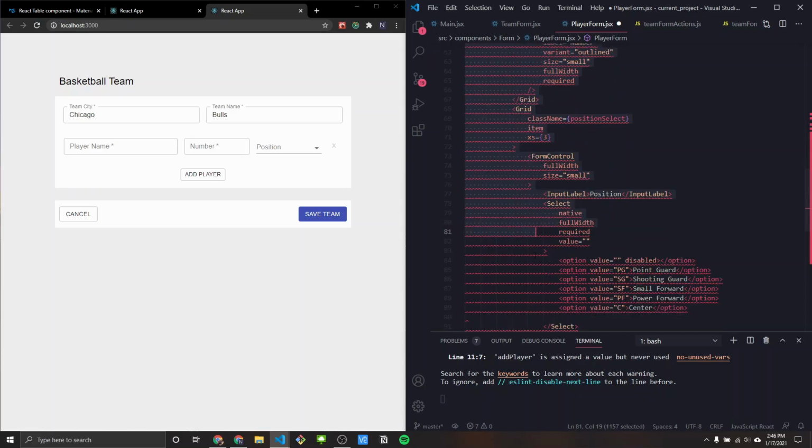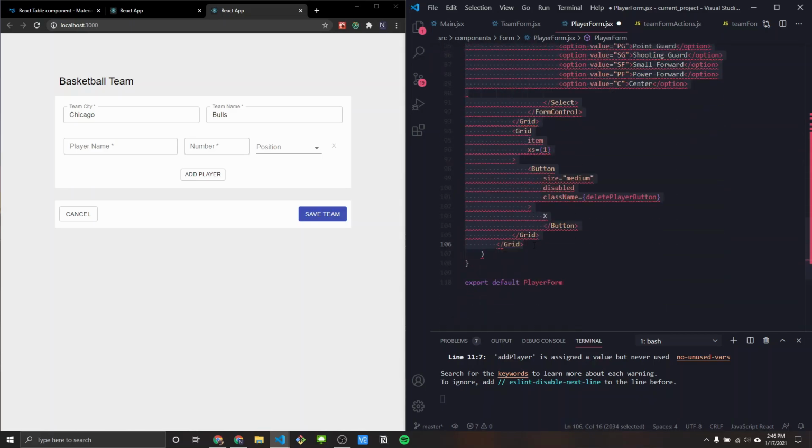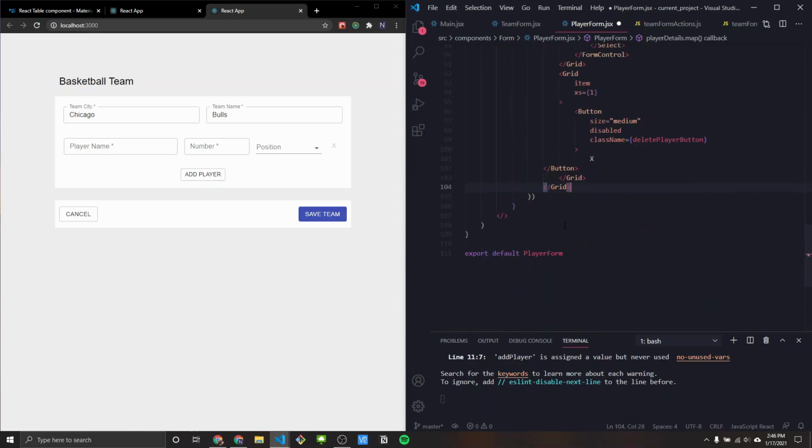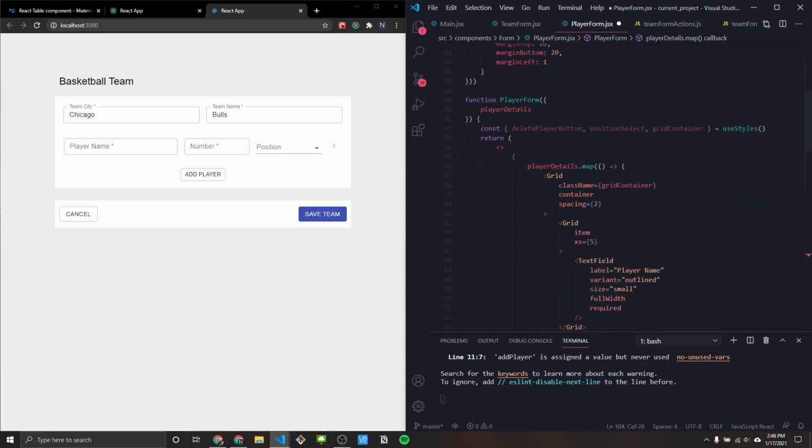So in the grid, all this grid stuff we're gonna get rid of and put it in here. Let me just put this around some fragments. All right, cool. So we are going to return this. And now, since we're looping and creating these components, we need a key here. Okay, and since we don't have any really like player IDs or anything,